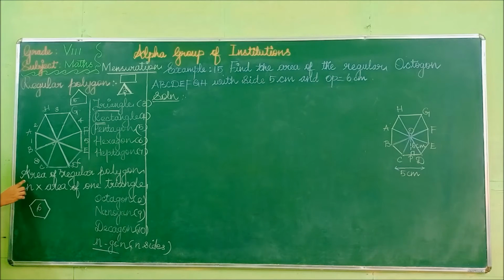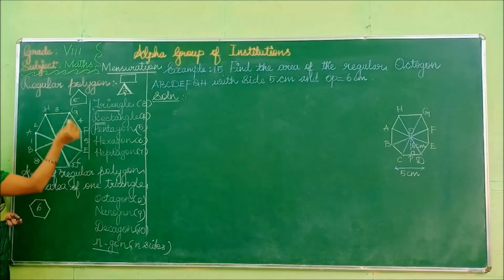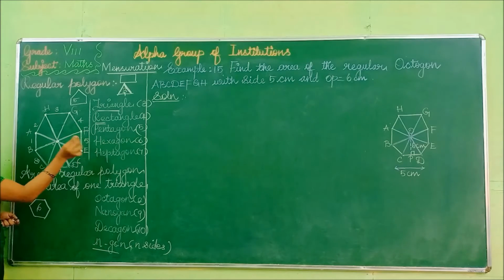So what is the formula for a regular polygon? First, the center of a regular polygon. This is the center of a regular polygon. This is a point inside the polygon. This is the shape of the polygon. Inside the polygon there will be a center which is at equal distance from every vertex of the polygon. So this is one of the vertices and this is one of the vertices. H is one of the vertices, G is one of the vertices, F, E, D and C are each one of the vertices.